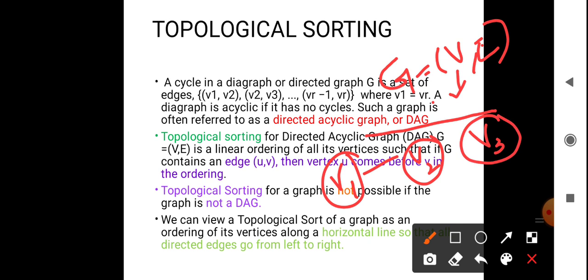If there is an edge UV between these vertices, then U always comes before V in this linear ordering. U comes first, and then only V comes. That is topological ordering.